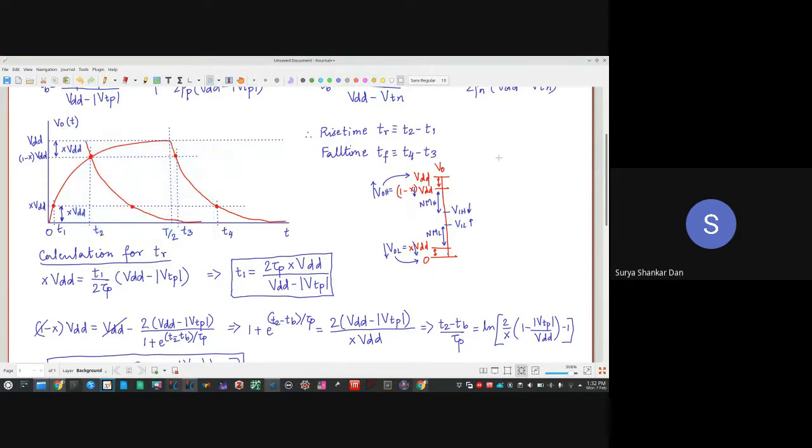Then also our noise margin and everything will be perfectly all right. I know, because we can see this is logic 0 when it is x VDD. From there, increasing, the moment it reaches 1 minus x VDD, it is logic 1. Then after that, we will decrease the VO value until it reaches x VDD once again.